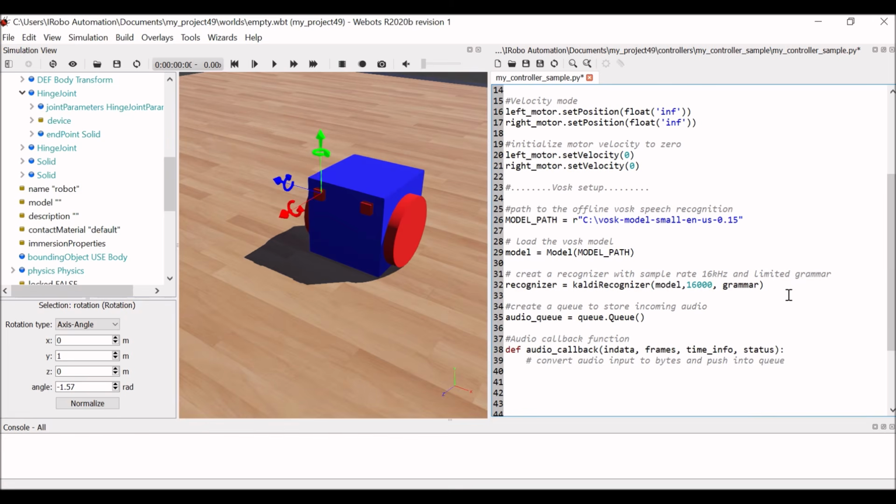So that is audio_queue.put(bytes(in_data)). Okay,